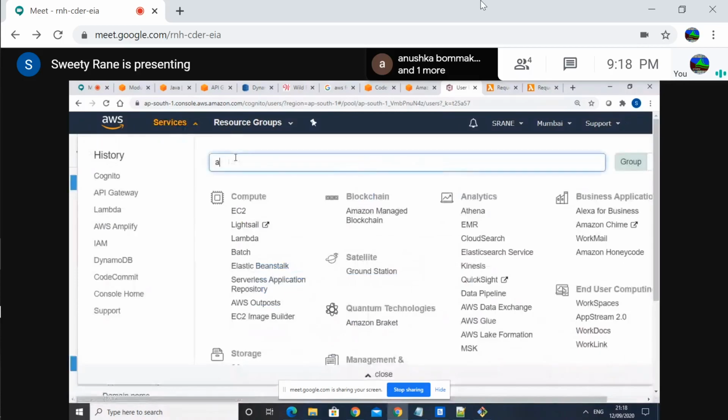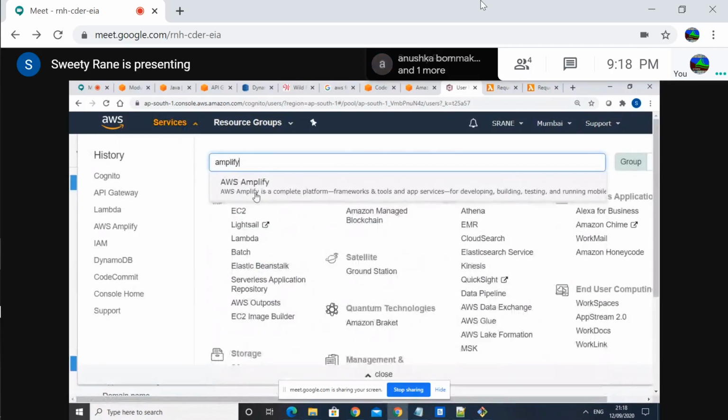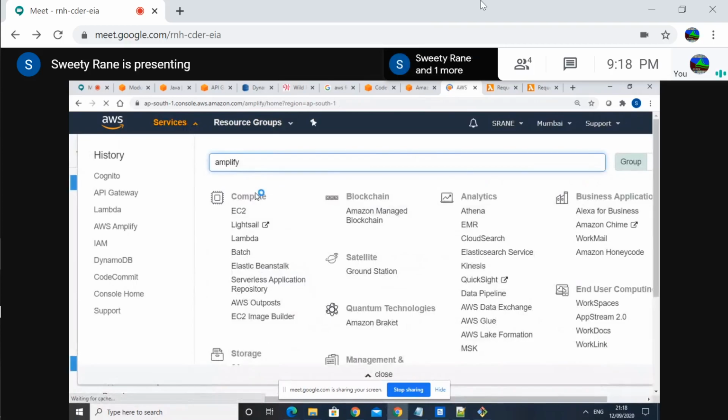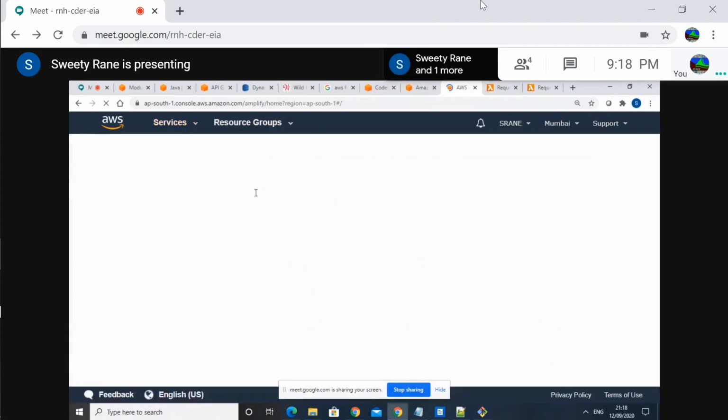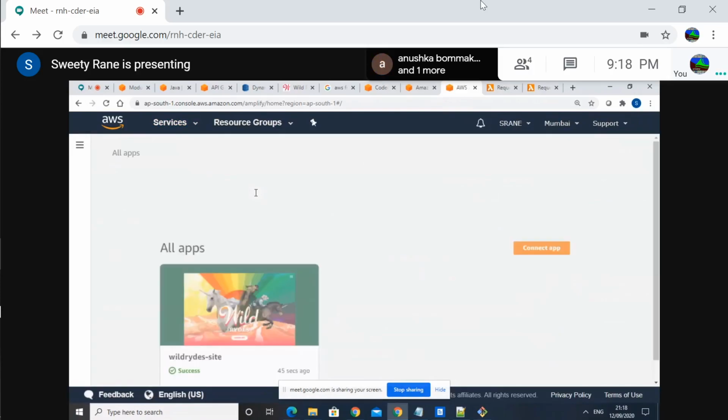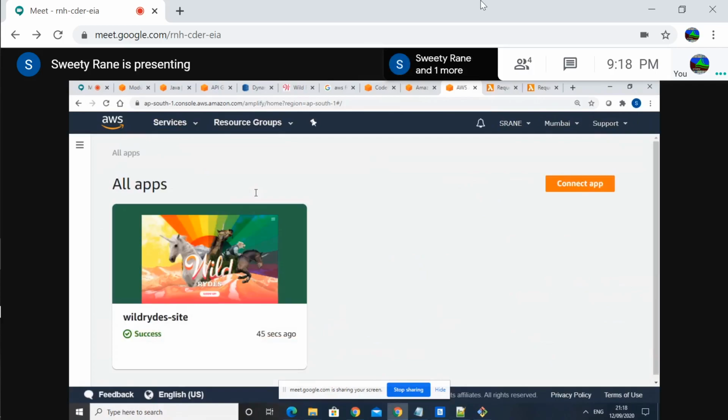The code has to sync, right? That is why. And also your browser cache has to be empty because the JS file may be in your browser cache. Okay, it has just uploaded 45 seconds ago, it seems like, or maybe it's just accessed 45 seconds ago. Nothing is here. Can you try again? Refresh. No, go to the wild rides tab and refresh.